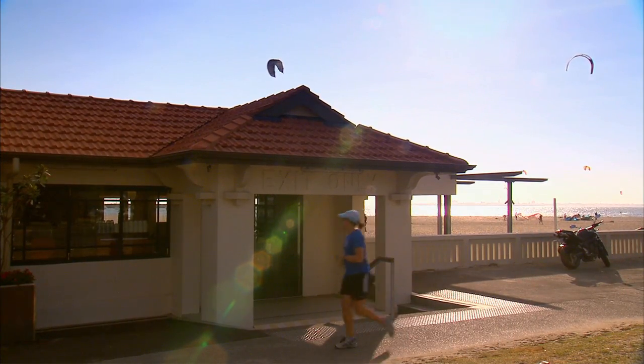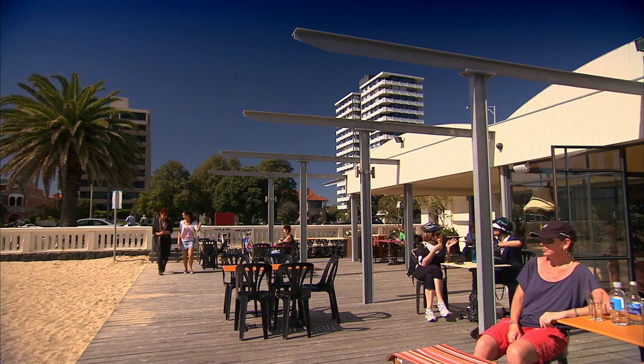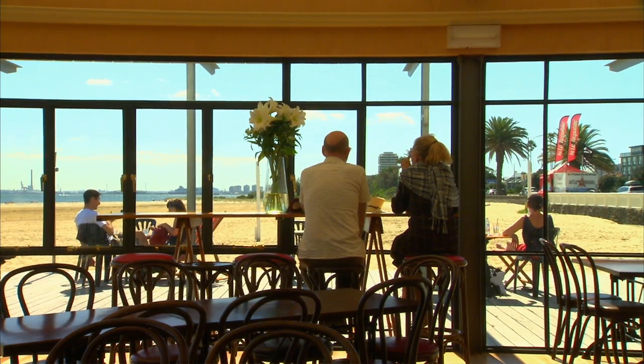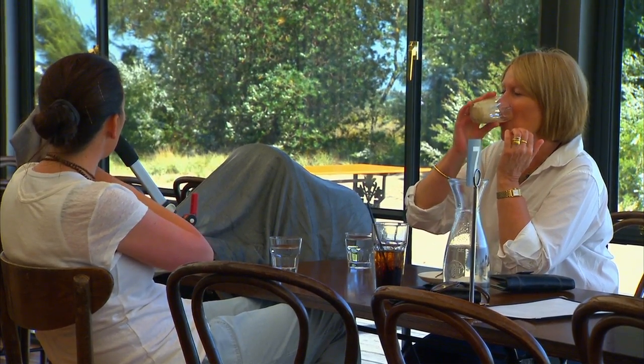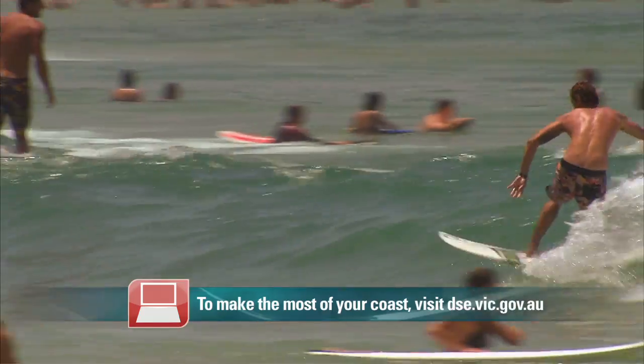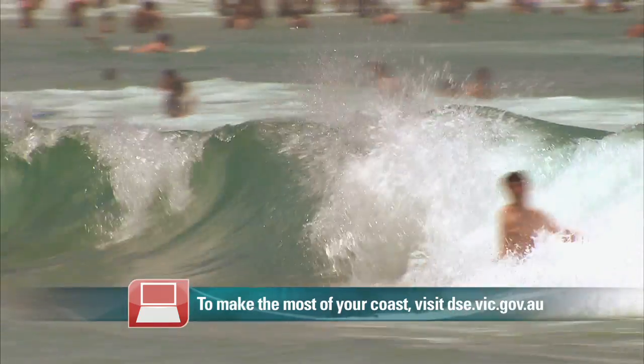West St Kilda Beach Pavilion is right on the sand. So while I tend to my belly, here's how you can get involved with the DSE Summer by the Sea program. Activities extend along the entire Victorian coastline during January. For a list of what's on in your area, head to